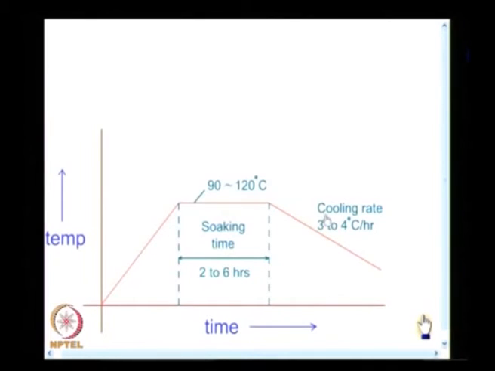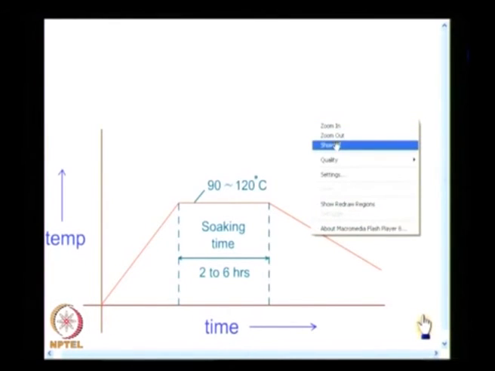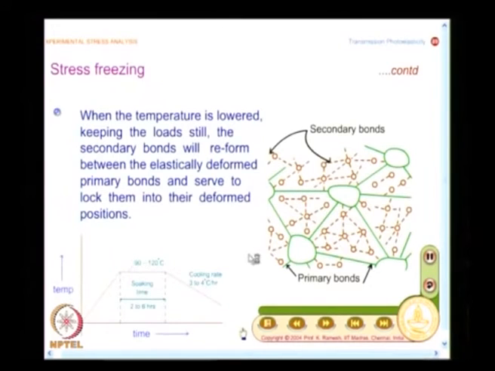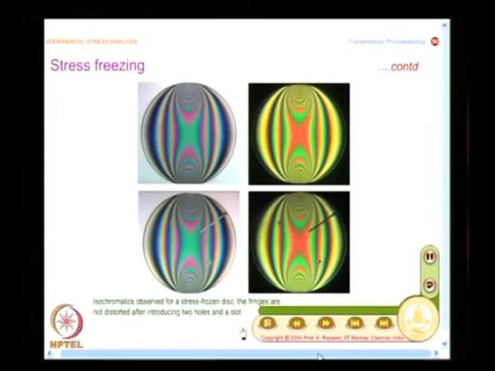And in order to do the cooling, what you normally do is you just switch off the furnace. Even the normal furnace cooling is good enough to mimic this, and this is a very, very powerful process, and people have adopted this. And here you have the fringe patterns. I have a bright field as well as dark field, and these are the fringe patterns that you get after the thermal cycling process.